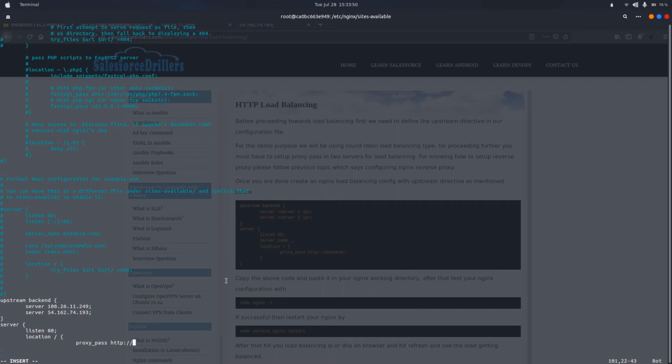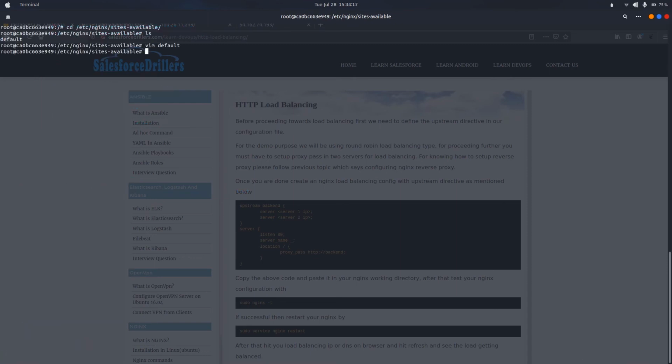Here I will not write localhost, I will write backend because it is my load balancer configuration. So remember, what you write here after http:// should be similar to what you have written after upstream. If you have written something in place of backend, then you have to write the same keyword over here. So let us press enter and save the configuration.